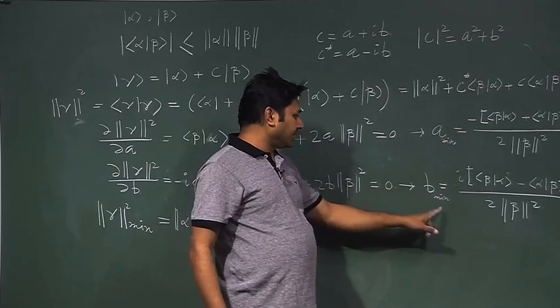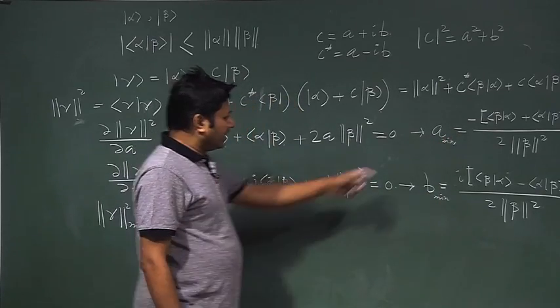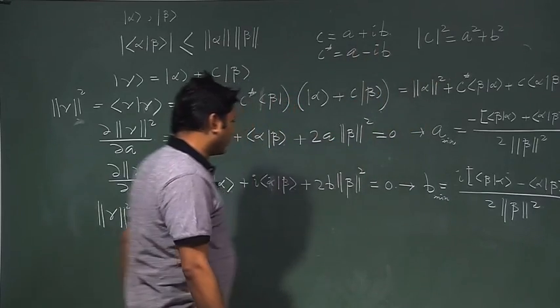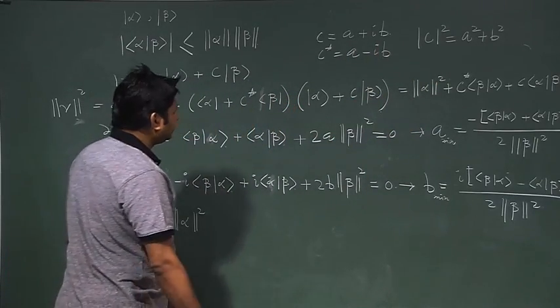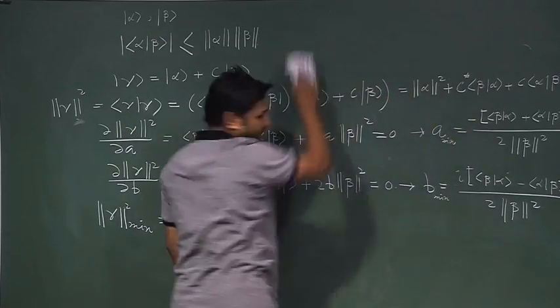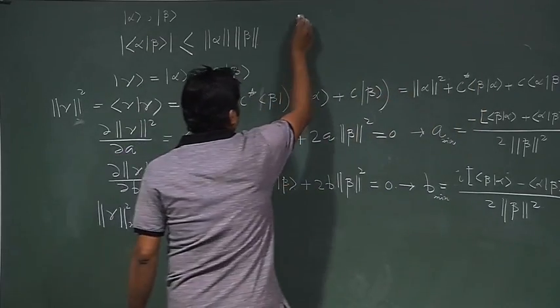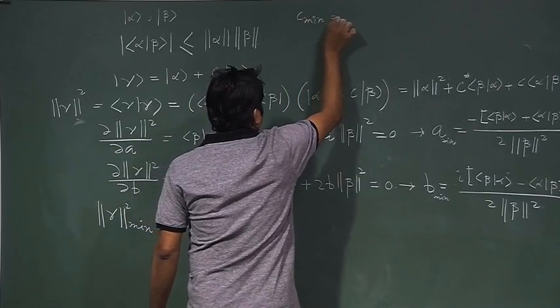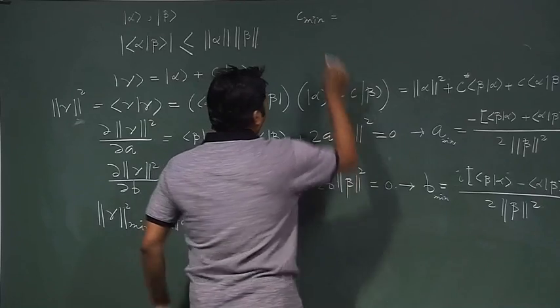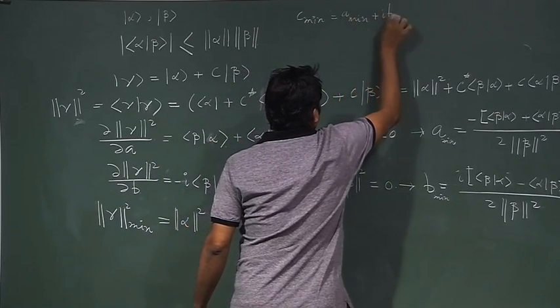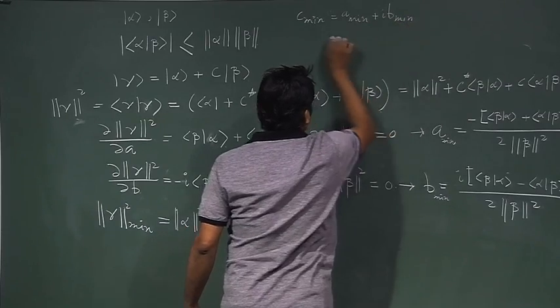So, what is the c star? C star is the minima of this and this if I construct with a plus or ib. So, let me construct it here, it will be easier. So, let me put my C minima. C minima is A minima plus I B minima, which is,